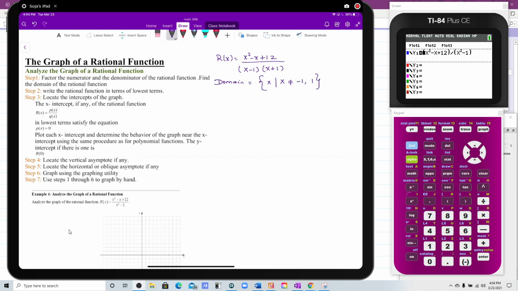Okay, so that's letting me skip step 2 because I cannot simplify this, so it cannot be written in lowest terms. So whatever is given is the lowest term of this rational function. So now the next step is step 3. Since I cannot factor this to find the x-intercept, yes, you have to plug in y equals 0